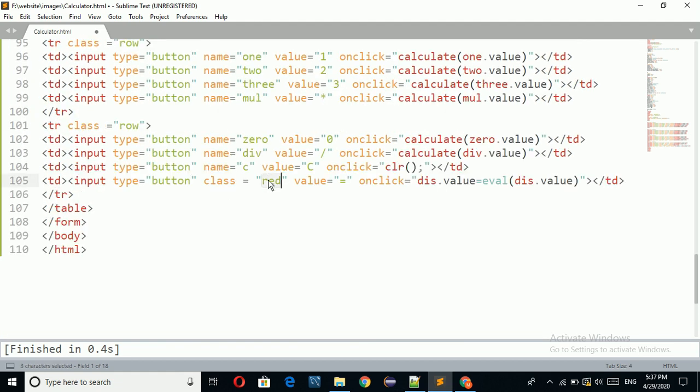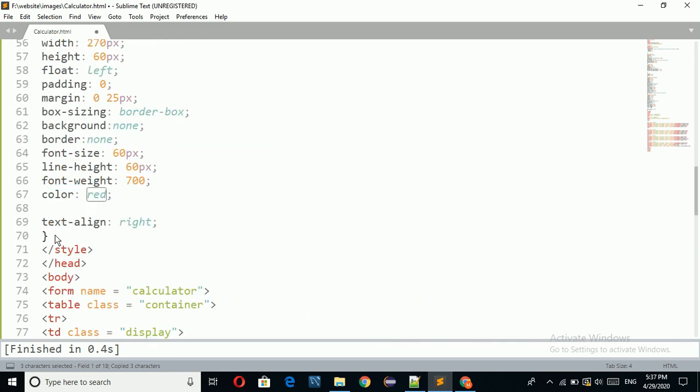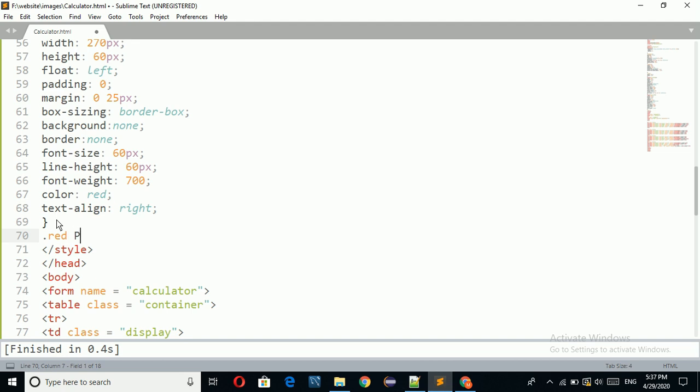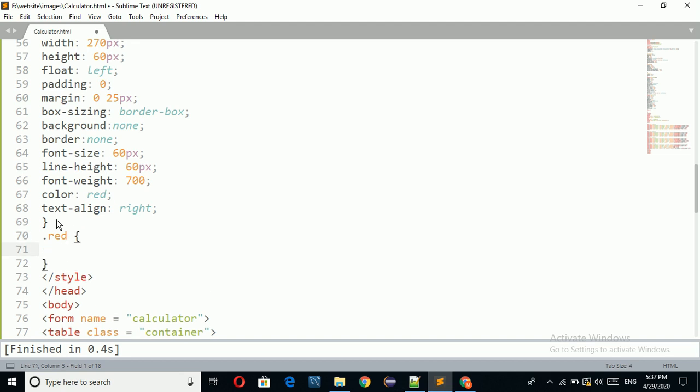Now I am going to apply CSS for this equal operator. Right?